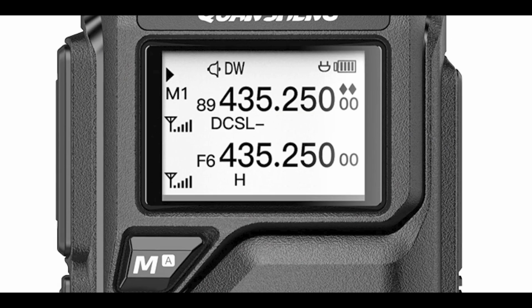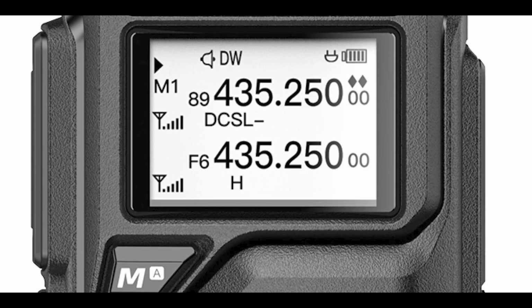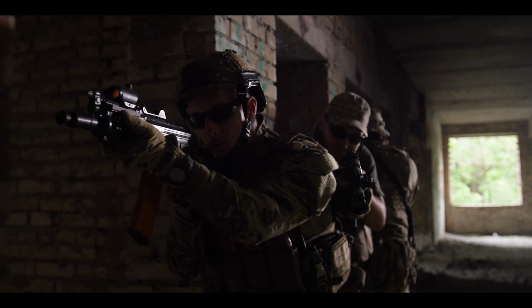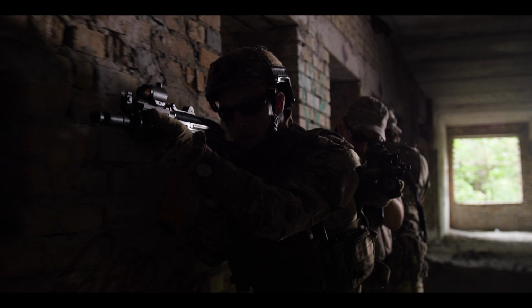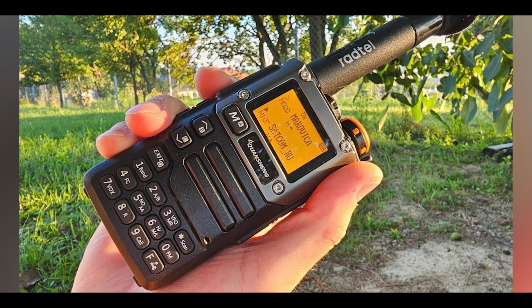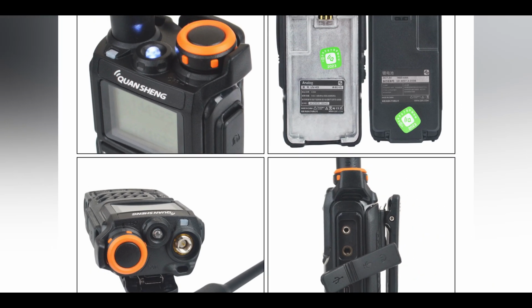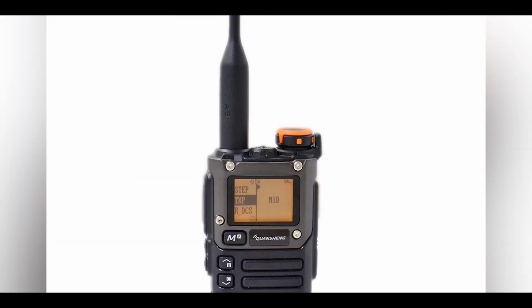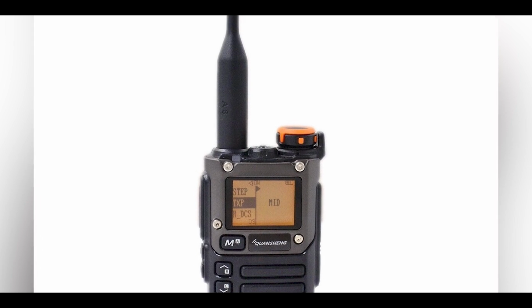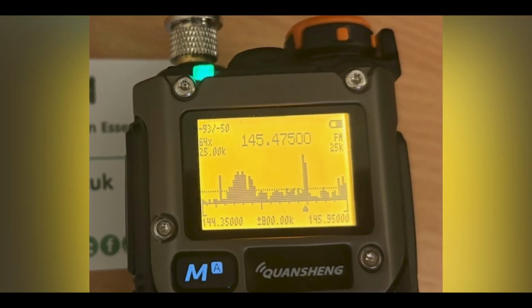Legality concerns, we don't like that, right? In many areas, transmitting on unauthorized frequencies or without a proper license is illegal. Using custom firmware to do so could lead to fines and other penalties, serious penalties. Potential for misuse: the UVK58's expanded capabilities make it attractive to hobbyists, but also raise concerns about potential misuse by those with malicious intent. For example, hacked UVK58s have been used in attempts